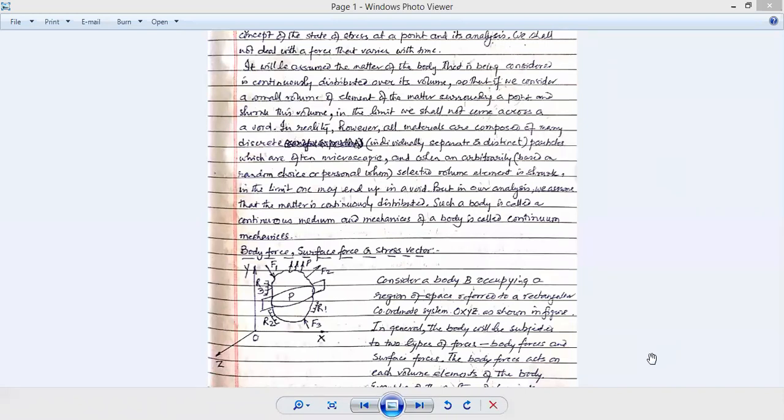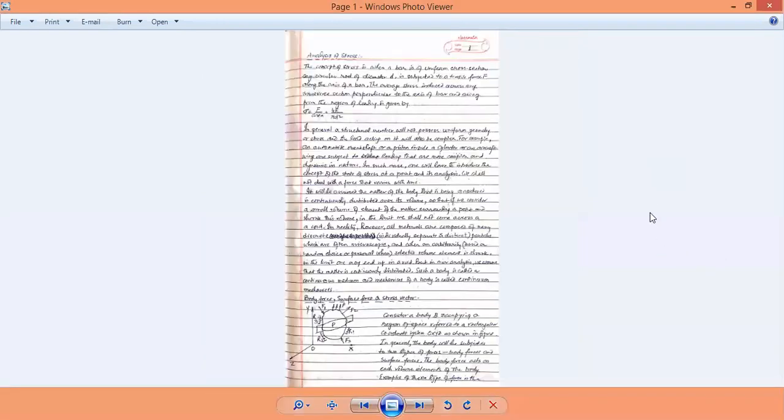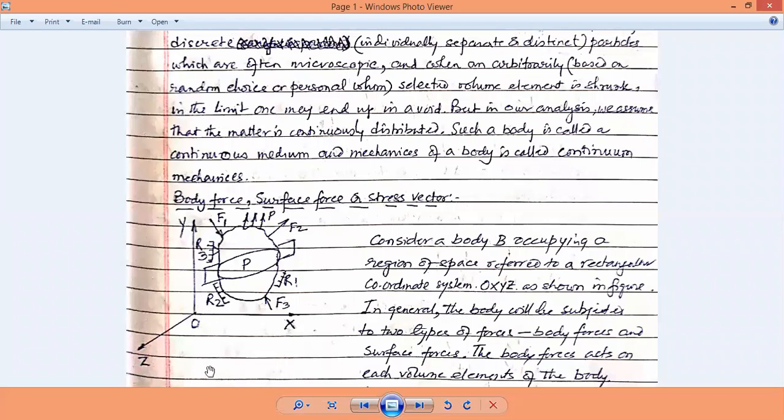Now, let us consider a body which is occupying a certain region of space in a three-dimensional coordinate system, that is O, X, Y, and Z. And as per this figure, you see this body is subject to a number of external forces like F1, F2, F3, and R1, R2, R3, and P. These external forces F1, F2, F3 are concentrated or single forces, and the force P is a distributed force, and R1, R2, and R3 are the reactions to F1, F2, F3,